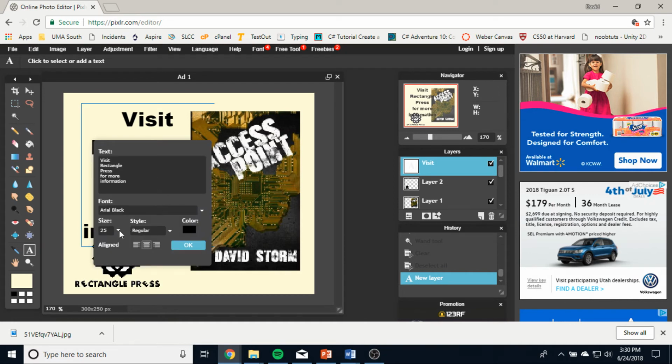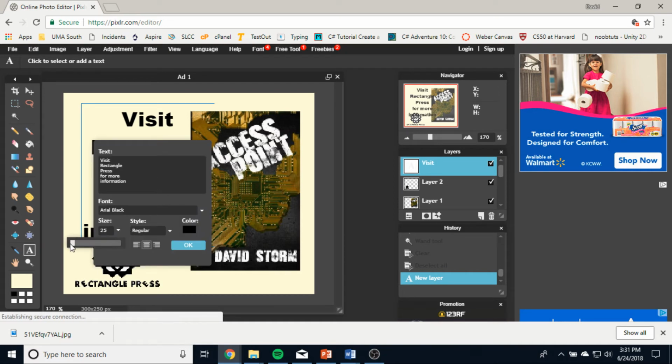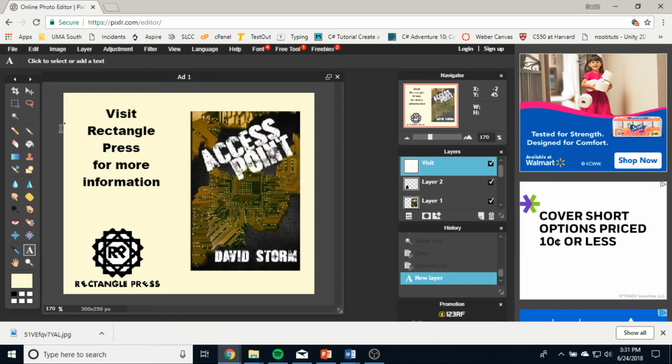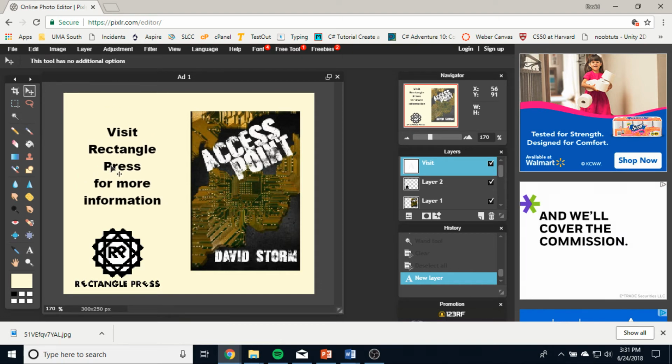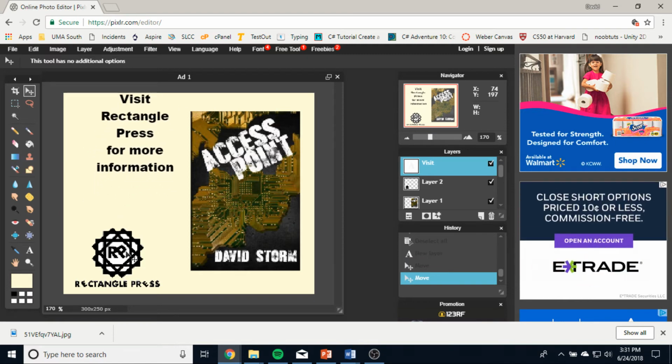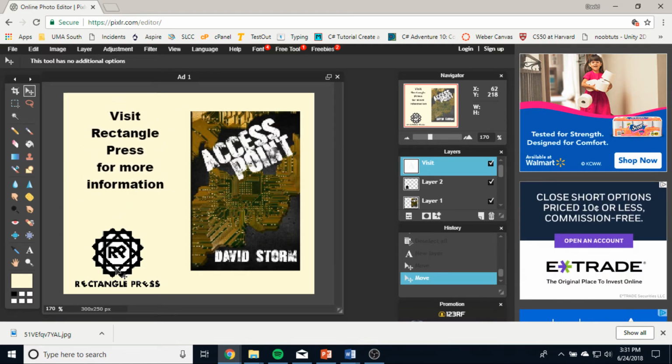Okay, and then I'll make it a little bit smaller. I'm just showing you the basics of how to do this. I'm not really focused on making a great looking advertisement today. You guys are going to have more time to play around with yours, but that's how you add text, right? That's how you add text, images, your logo,